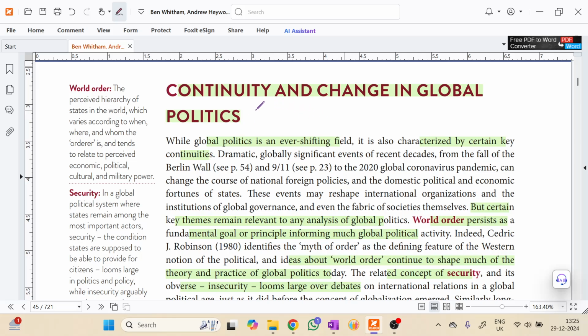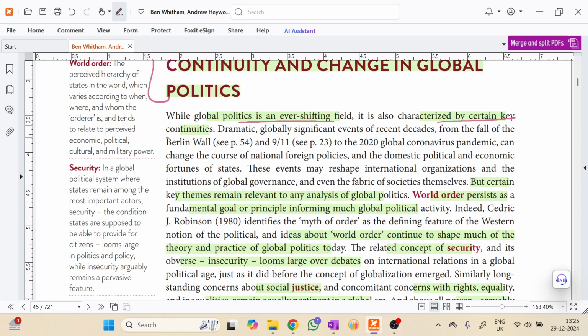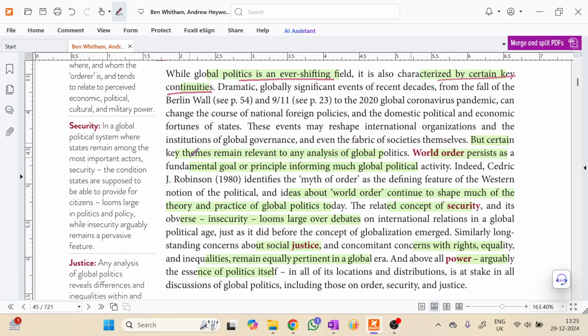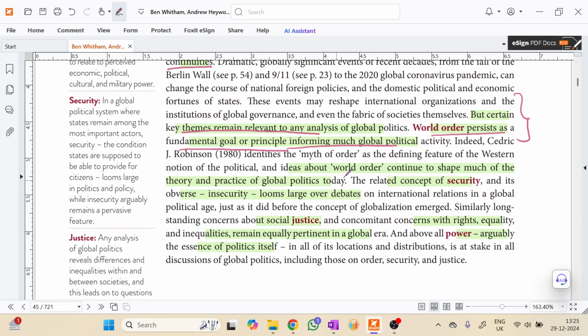Then let's have a look at continuity and change in global politics. While global politics is an ever-shifting field, it is also characterized by certain key continuities. These continuities, or these themes, which still remain relevant, are: world order. It persists as a fundamental goal or principle of global political activity. So the idea of world order continues to shape much of the theory and practice of global politics and international